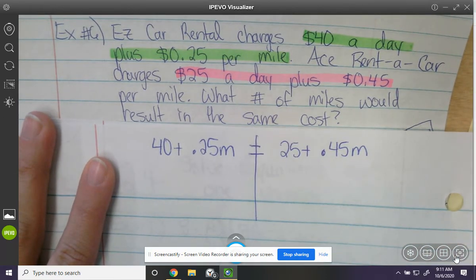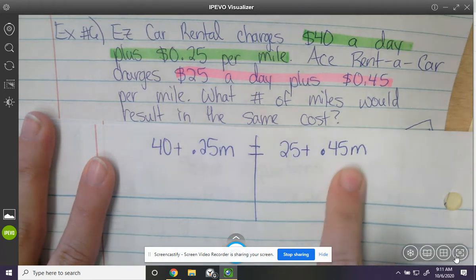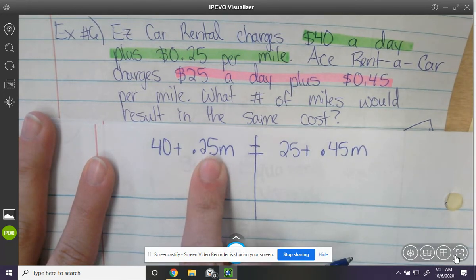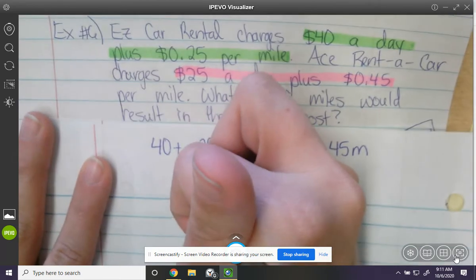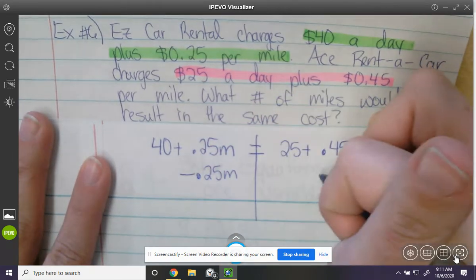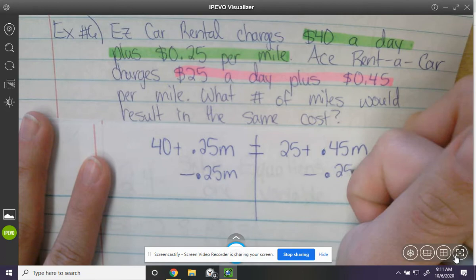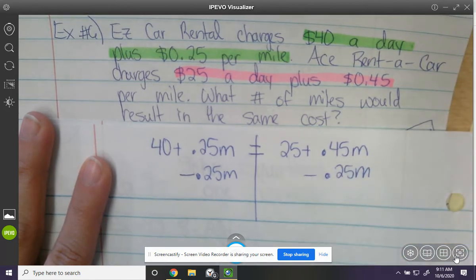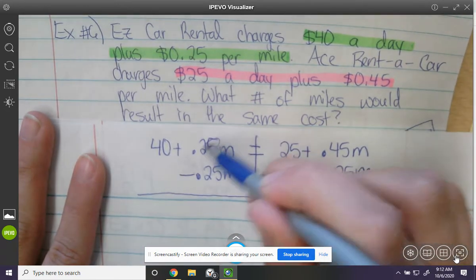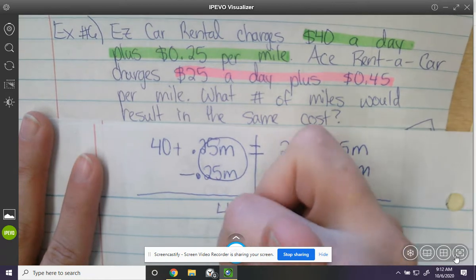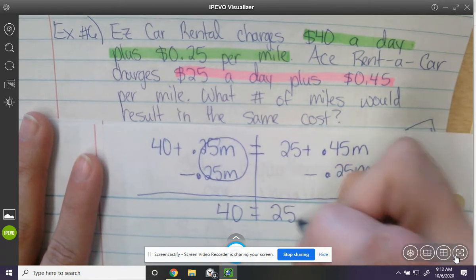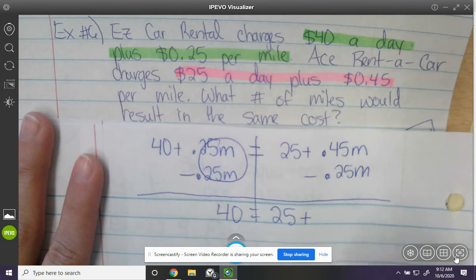So I want to move things over to the other side. If I move this over here, I'm going to get a negative because I have to subtract. So I'm actually going to move my 0.25m over here this time. And negatives are okay. You can still work with them. I just don't like them. So that's 0. So I'm left with 40 on this side. 25 still there. If I take that minus that, I get